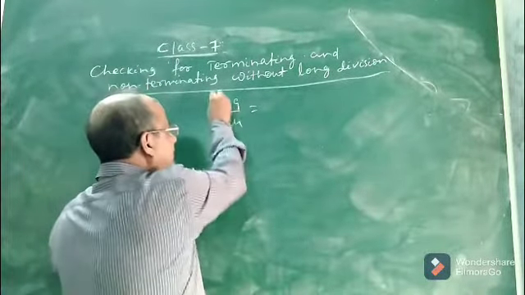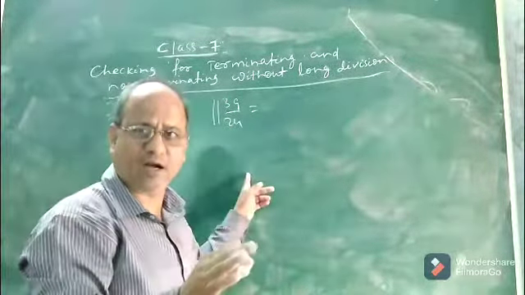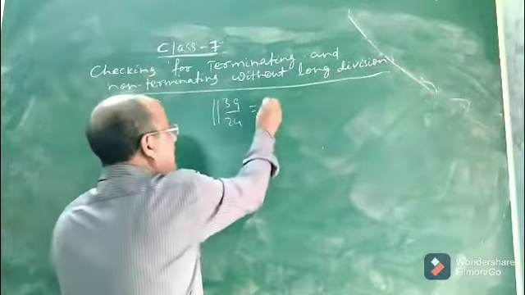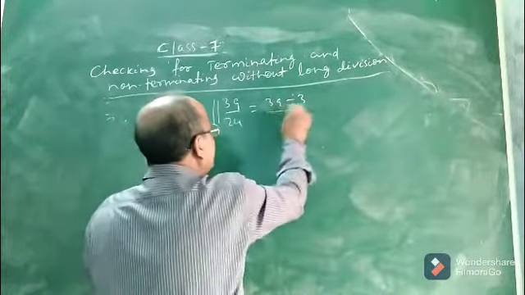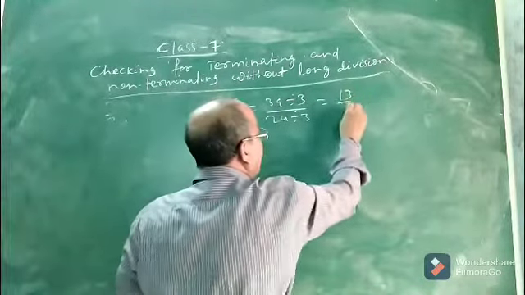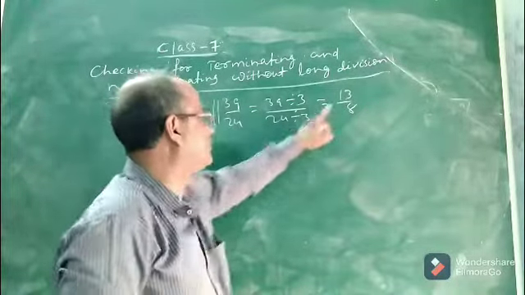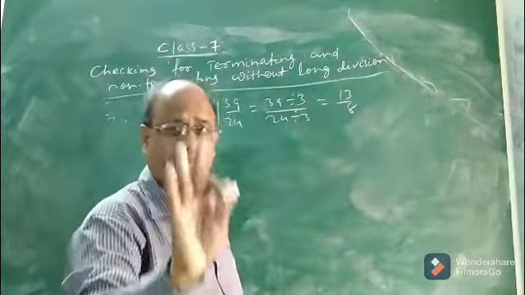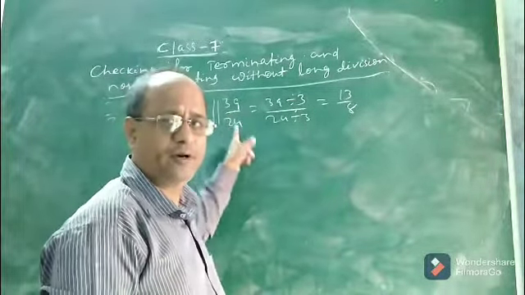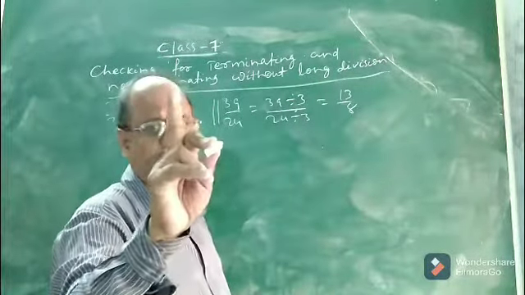So if the given rational number p by q has a common factor other than 1, first you divide and convert it into lowest term. So 39 divided by 3, 24 divided by 3, so this will be 13 by 8. Now in lowest term, 39 by 24 is reduced to 13 by 8. This is the first step: see if it is in lowest form or not. If it is in lowest form, there is no need to do this, because p and q have only common factor 1.